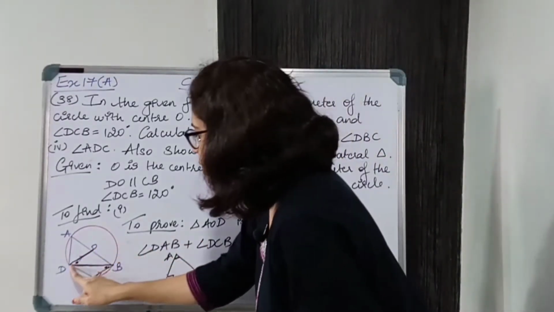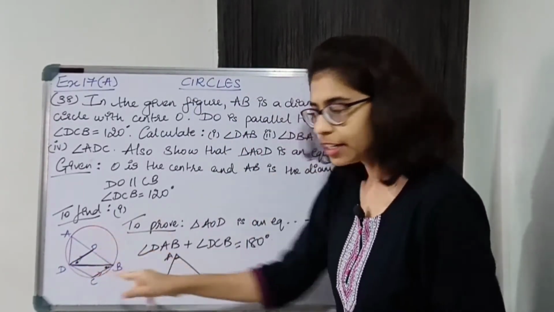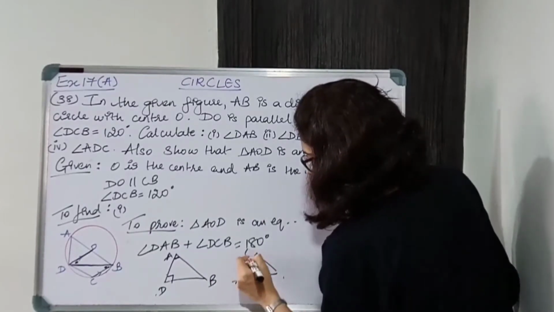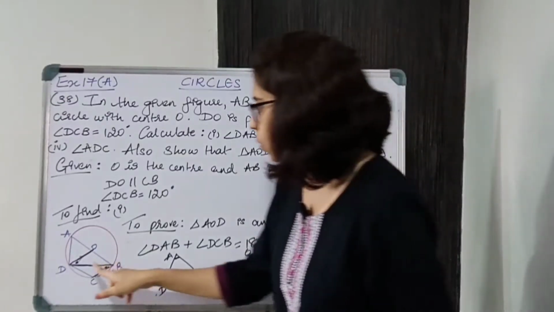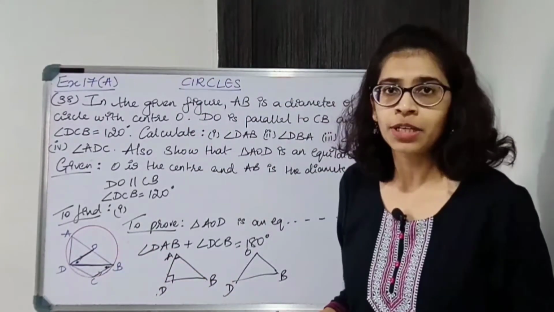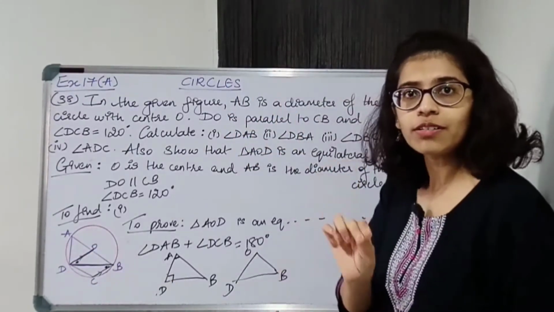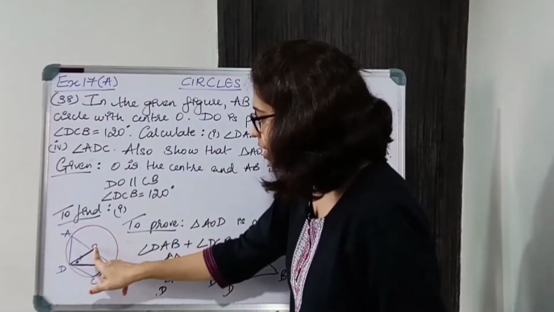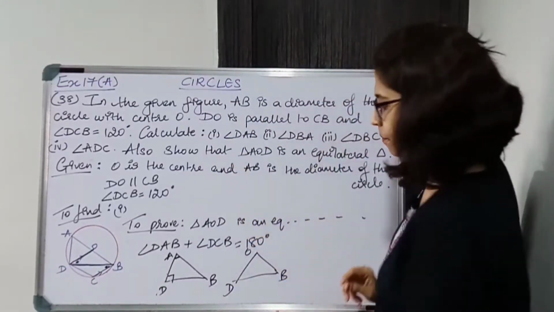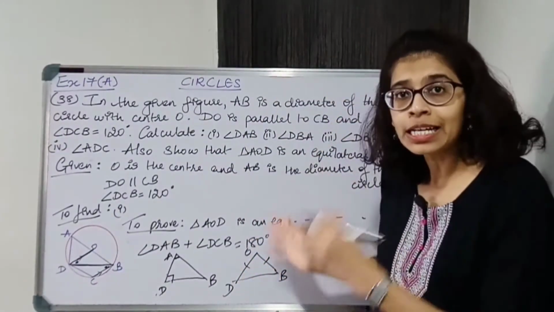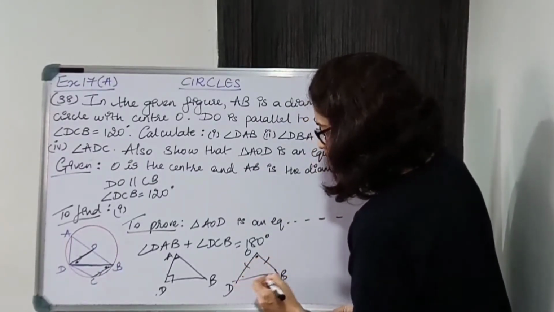Now, to find ODB I need to consider this triangle. To find ODB we will have to consider this triangle. Okay. Now, I will have to find two angles of this triangle, only then can I find the third angle. But over here, OD and OB, if you notice, they are radii of the circle. O is at the center, D is on the circumference, B is on the circumference. That means OD and OB are radii. That means they are congruent. That means this is an isosceles triangle. So even if I know this angle, I can easily find these two base angles.